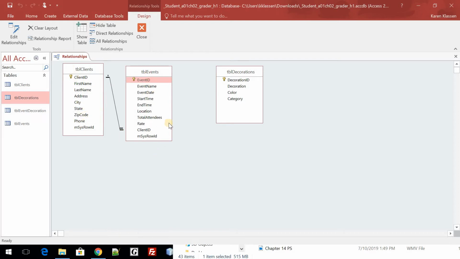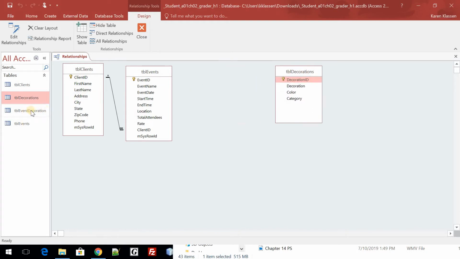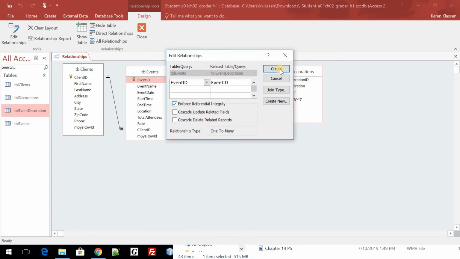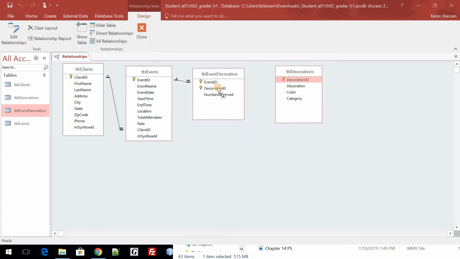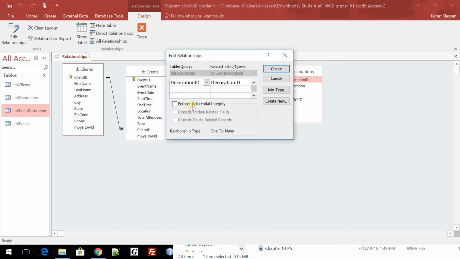It's a 1 to many relationship. One client, many events. Alright, now we're going to add the event decoration table to the window. Okay, the one we just created. I need to put it over here. So I'm going to grab it, drag it over. Alright, now I'm going to connect my event ID to event ID, enforce integrity, and decoration ID to decoration ID,